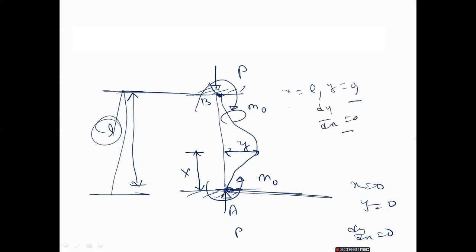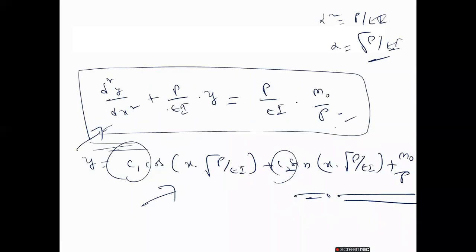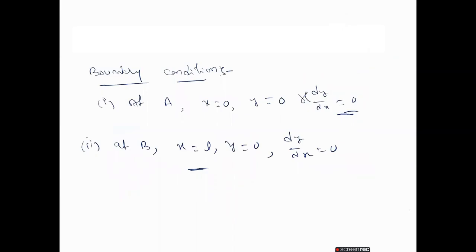So now we substitute these values as the first condition and the second condition into the solution, the equation we got, which we take as equation 1. If you substitute in this equation, we will get the C1 and C2 values. So now we will take the first condition. The first boundary condition is x equal to 0 and y equal to 0. If I substitute in that equation, it is like this.